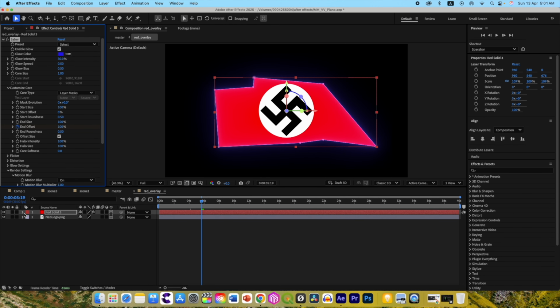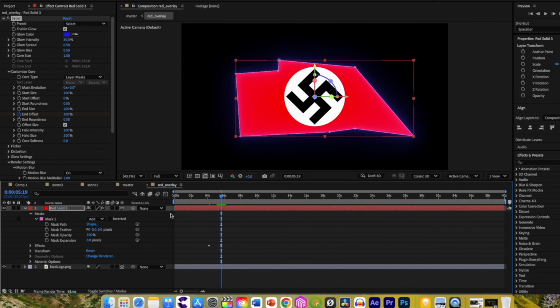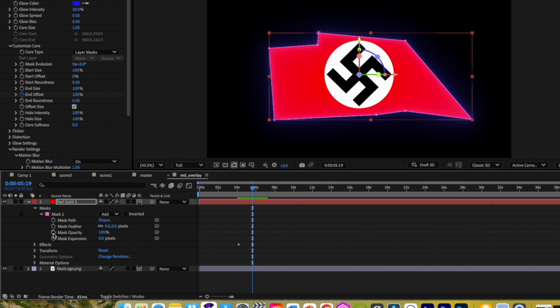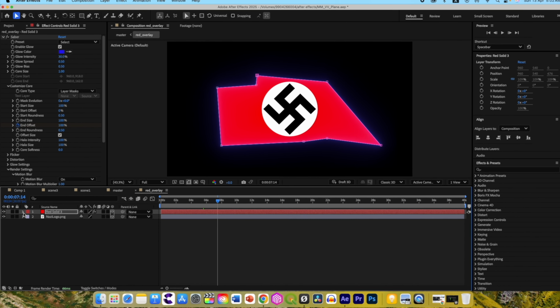Alright, then again go to the mask and add a keyframe to this mask opacity and make it 0, and again somewhere around 1 second and make it 100. Alright,